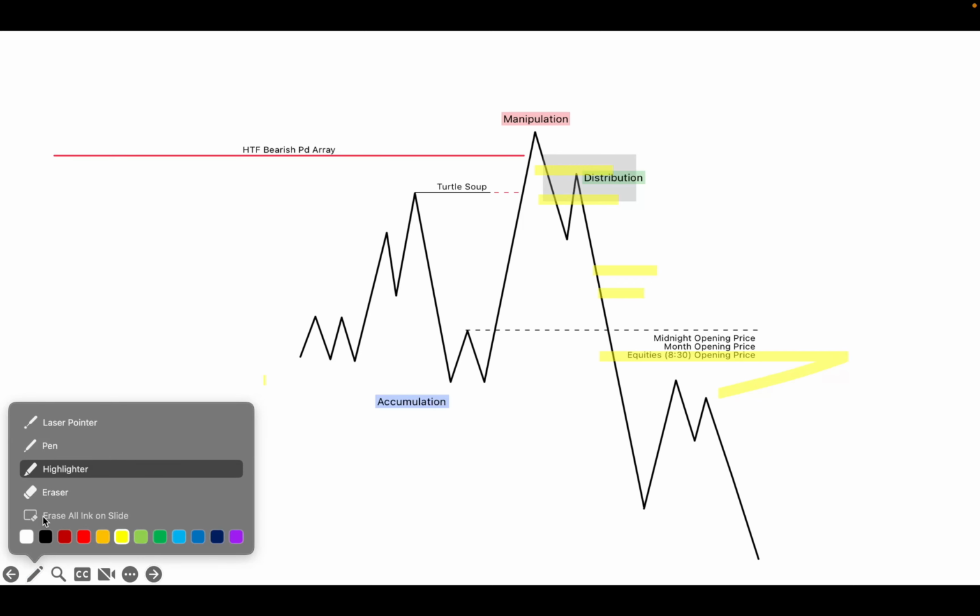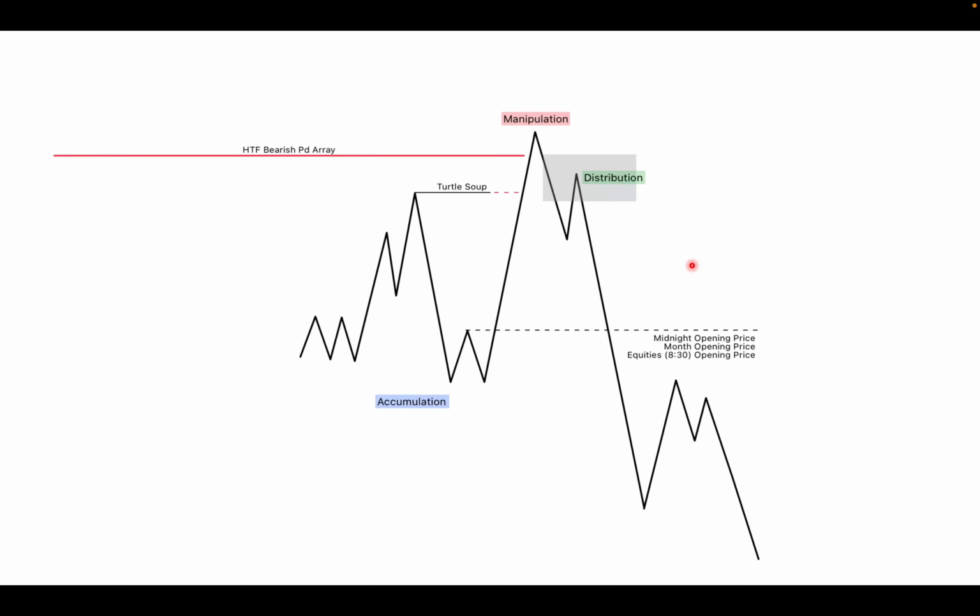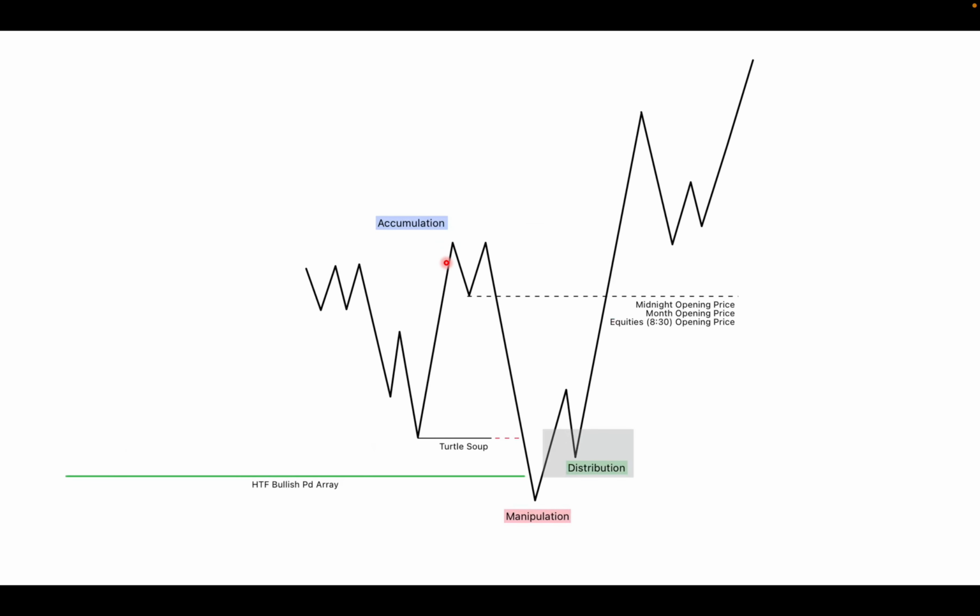It's usually in the market maker sell model, which is a video that I'll be pointing to very soon that will be uploaded to this channel. So accumulation, manipulation, distribution, straight up like that. And the next thing that we have is the bullish